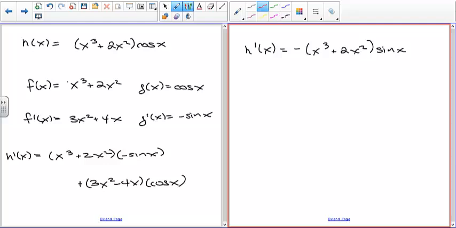And there's the second part, which I'll do in a second. But we wouldn't want to do this. This would be bad. Something like that, because what I would think is it would be negative x cubed plus 2x squared times the sine of x, which has a completely different meaning. This negative applies to both these terms, and the sign is multiplying both of those terms. So the parentheses serve a critical